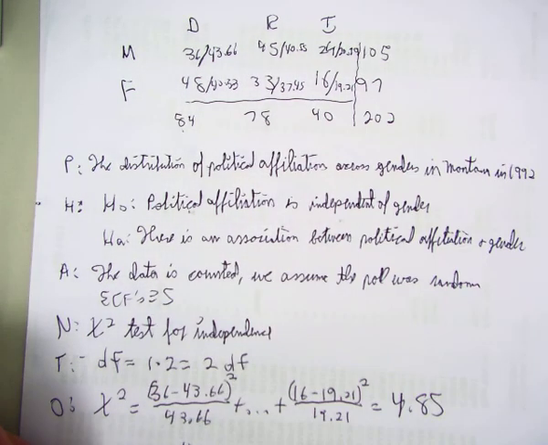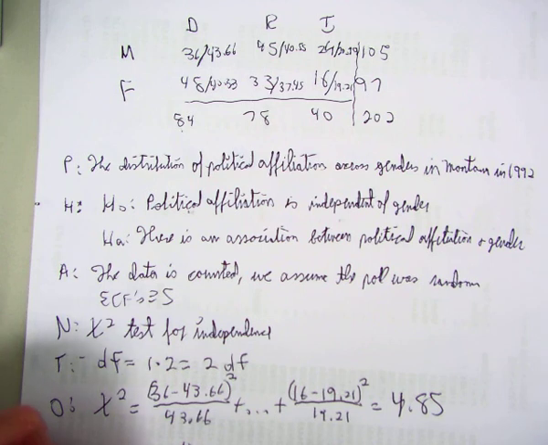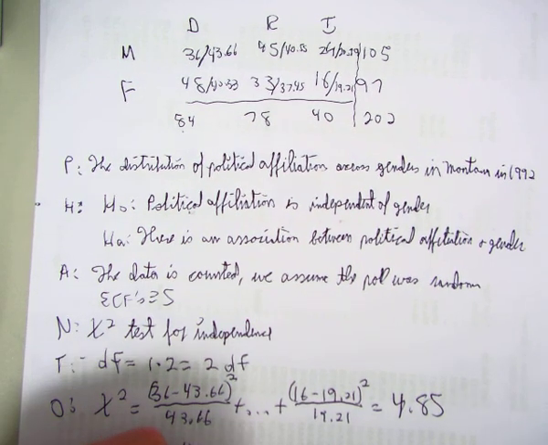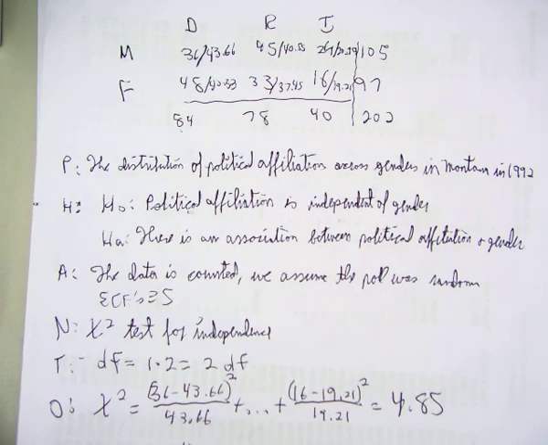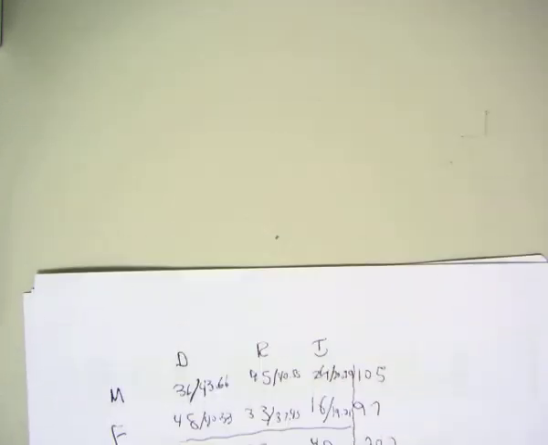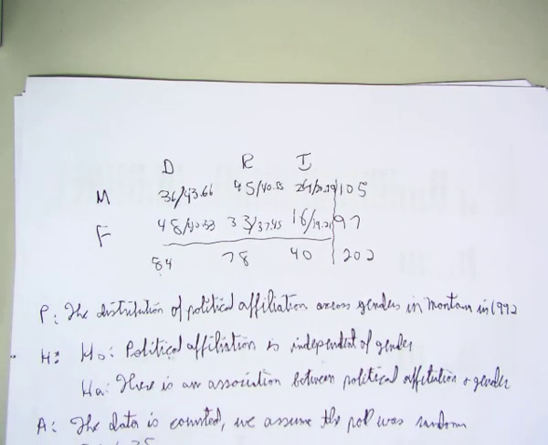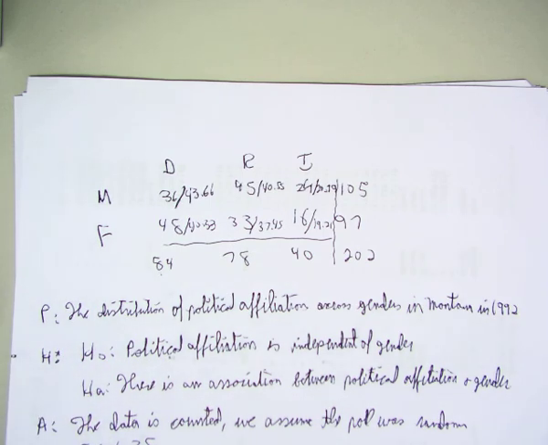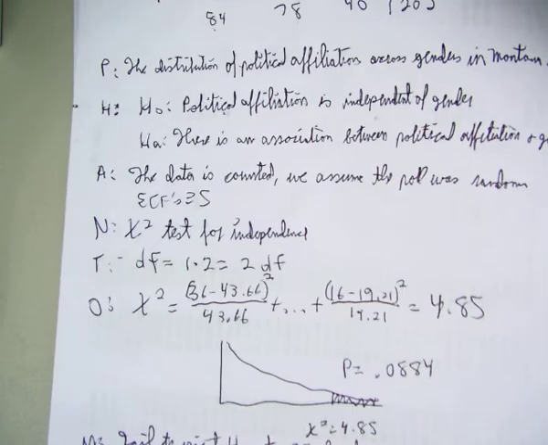So make the decision. We're going to fail to reject H0 at the 0.05 level. Since we didn't reject, what are we going to say? Well, we couldn't reject the null. So we cannot say that it appears political affiliation is independent, because that would be accepting the null. All we could say is there is no evidence